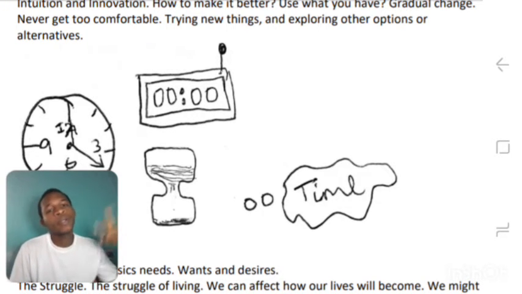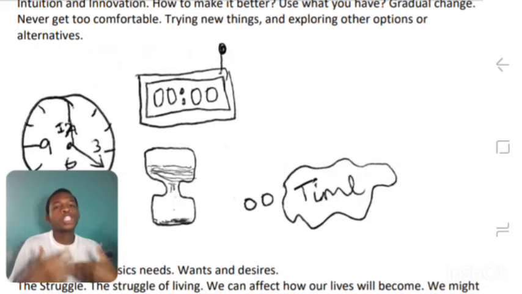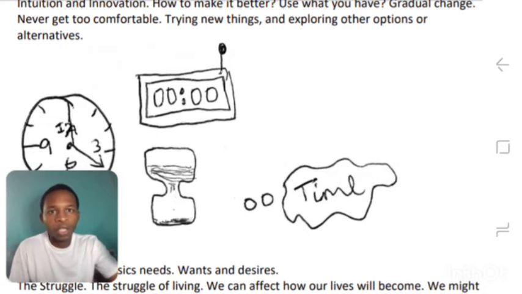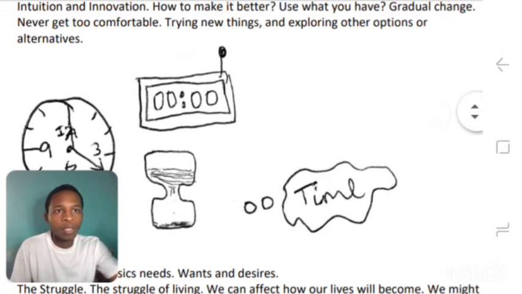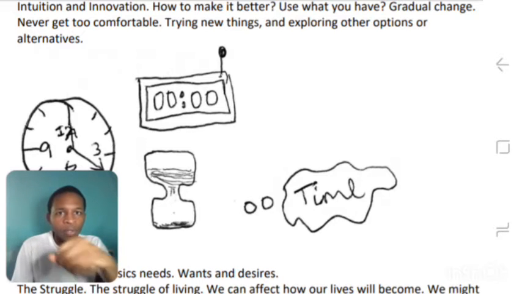All right, so that is one of it. But the thing is, you could change gradually. What I mean is, you could slowly move towards the direction of grander change by making little moves towards what you hope to achieve for yourself. Never get too comfortable. You could live a happy, consistent, contented life,